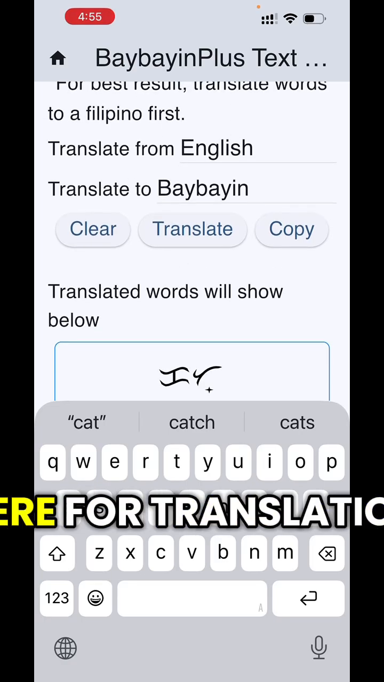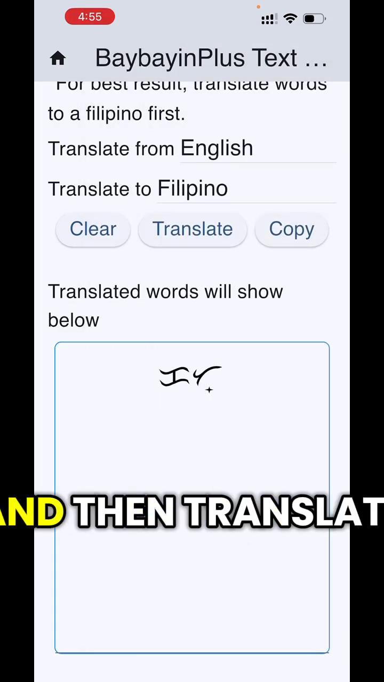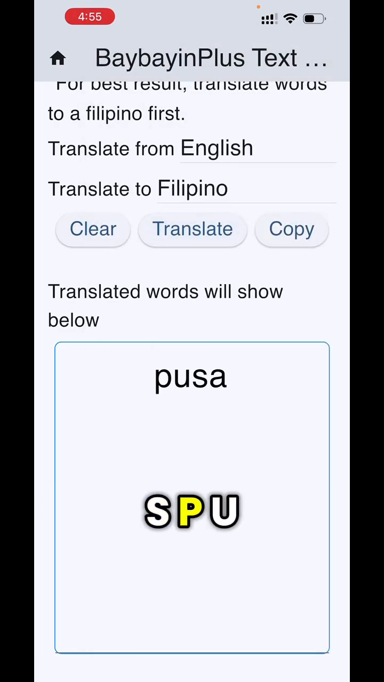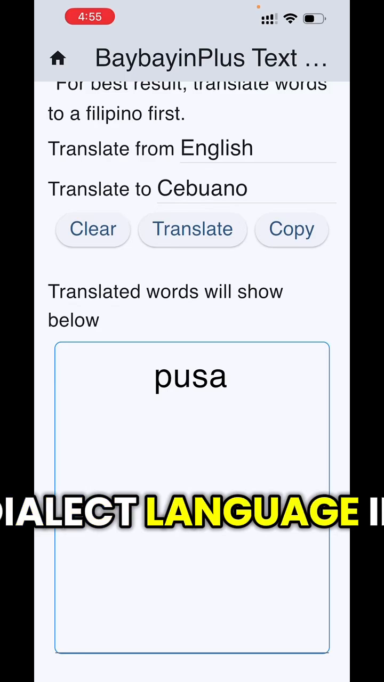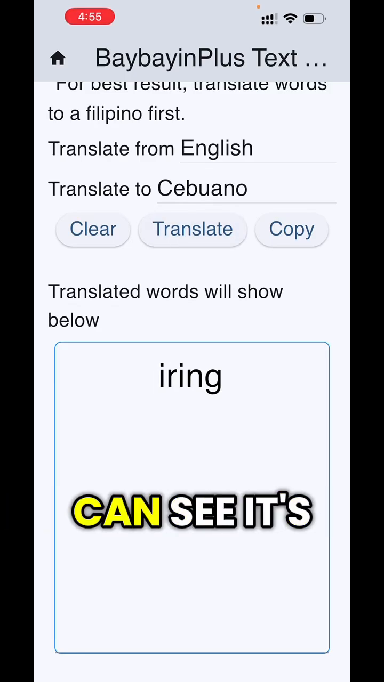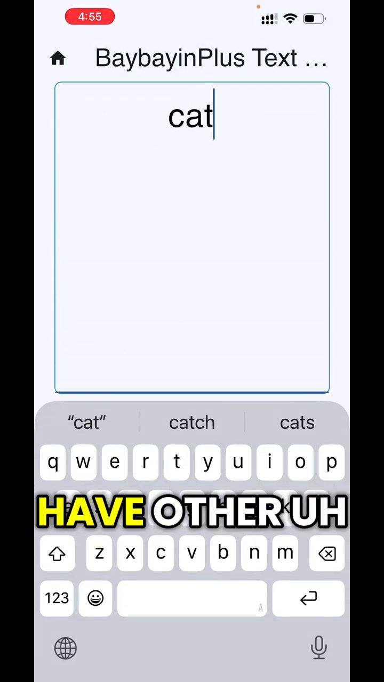There's more options here for translation. So from English to like Filipino, and then translate. See, it's pusa. And then Filipino or Cebuano is another language in Philippines. And you see translate, it's iring. So that is actually also cat. And you can have other